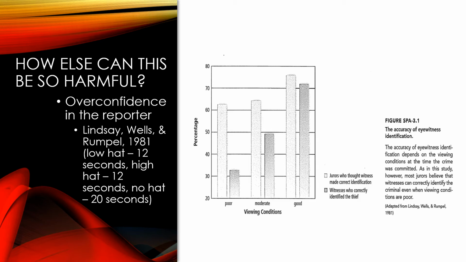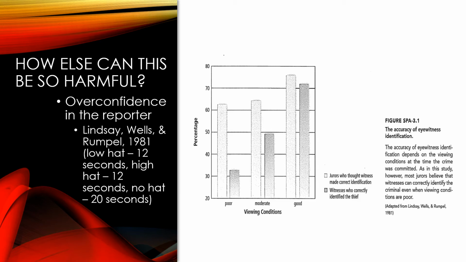People, as they saw the person more with a high hat, tended to rate their confidence a little bit higher and were a little bit more accurate in their perceptions. And those that saw the person plain as day were not always right, but right a much higher percentage of the time, and were not only more confident in what they saw, but actually more accurate in their reports of who it was they saw.